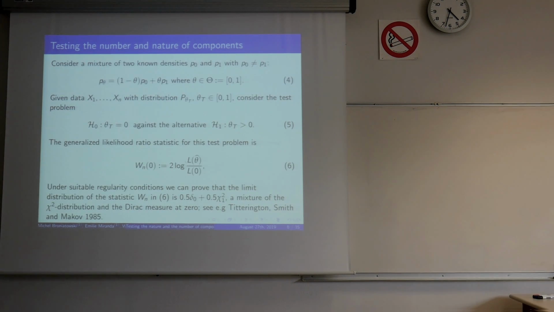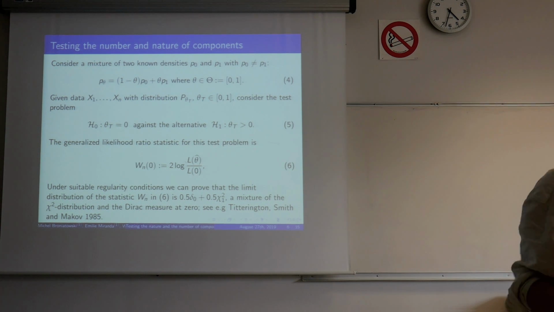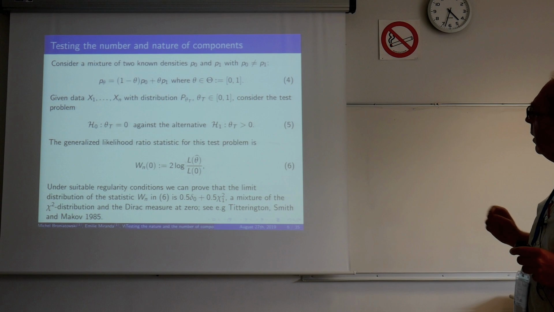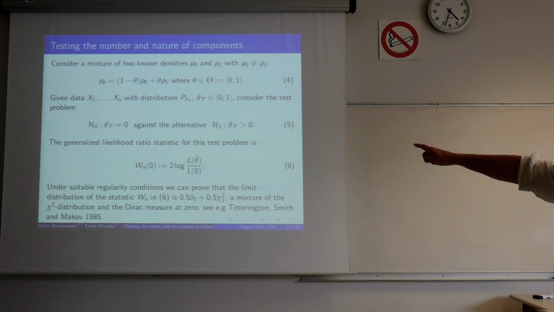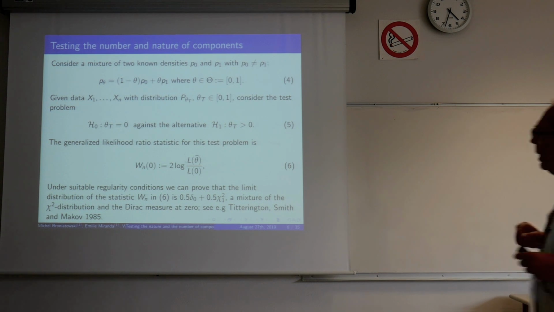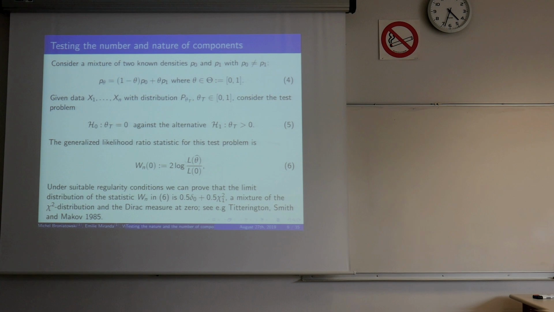For example, here we consider a mixture with 2 known densities. We'll go back to this problem a bit later. And the test situation is written in here. And obviously, we consider the likelihood ratio, which is number 6 on this slide. And what can be seen, actually, this is an old result by Titterington and others, but still valid, is that